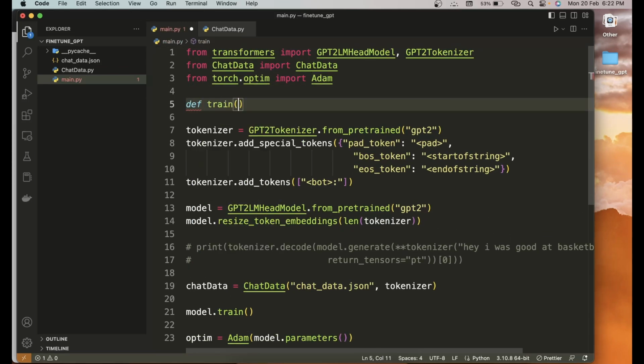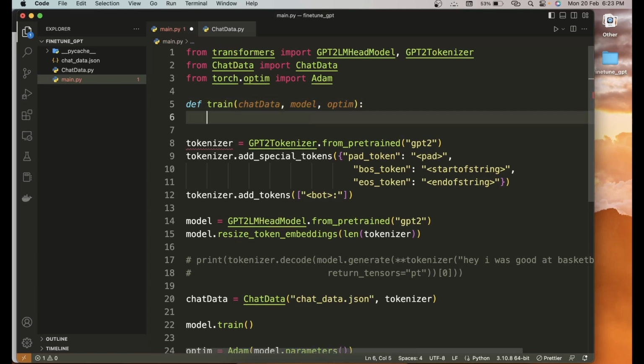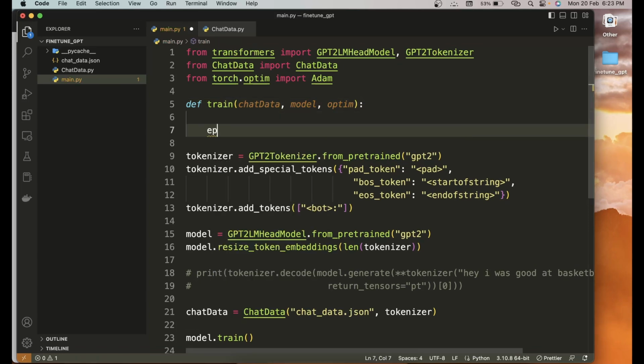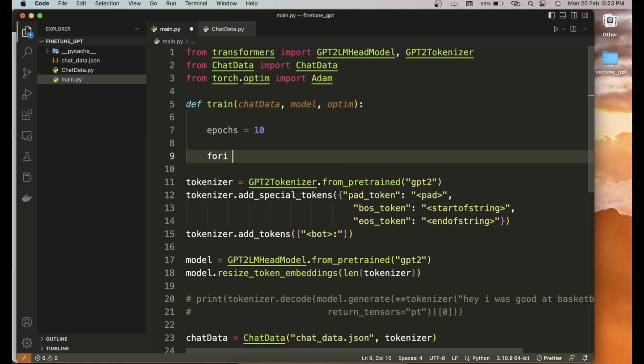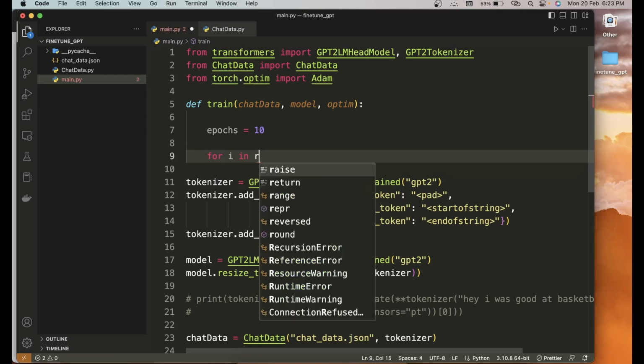So inside this train function, what we are going to have is the data, chat data, which is the object of the class which we have already defined, the model, and the optimizer. Yes, that's all for now. Now let's just define the epochs. So I'll just going to train for 10 epochs. After that, I'll say for i in range